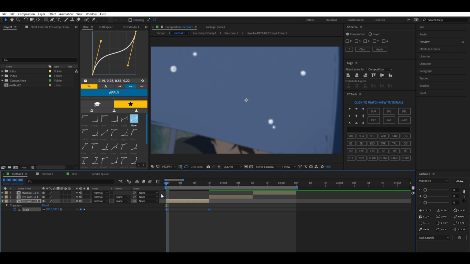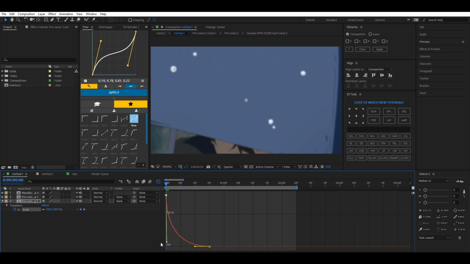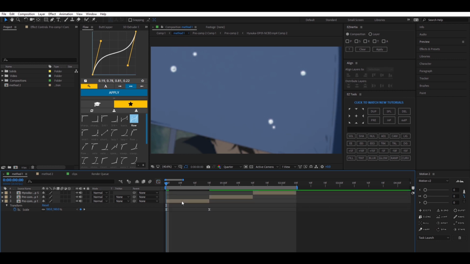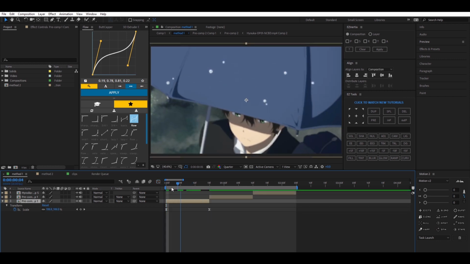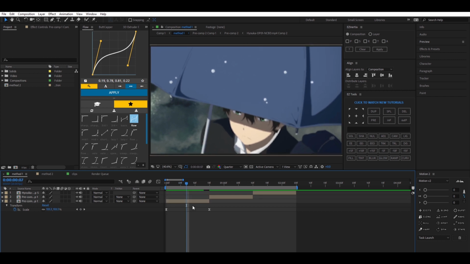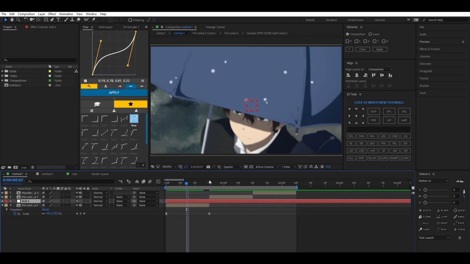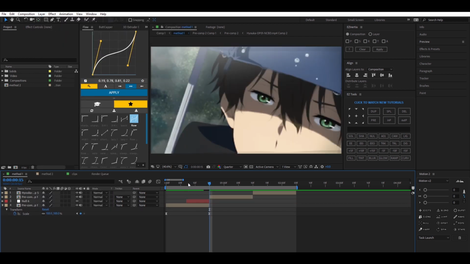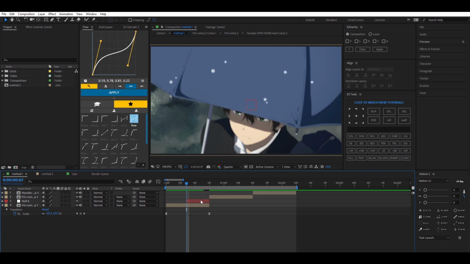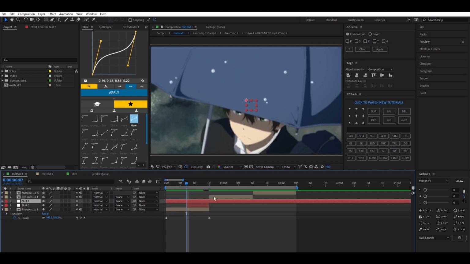And then you're just going to highlight your keyframes, press F9, and go to your graph. And just make your graph similar to mine. You can change it depending on how smooth you want it to be. So like that. And then once you're done with the first scaling from the beginning, you're going to click on this layer and go to Layer, New, and then Null Object. You can also use the shortcut Control Alt Shift Y, which then makes a null like so.